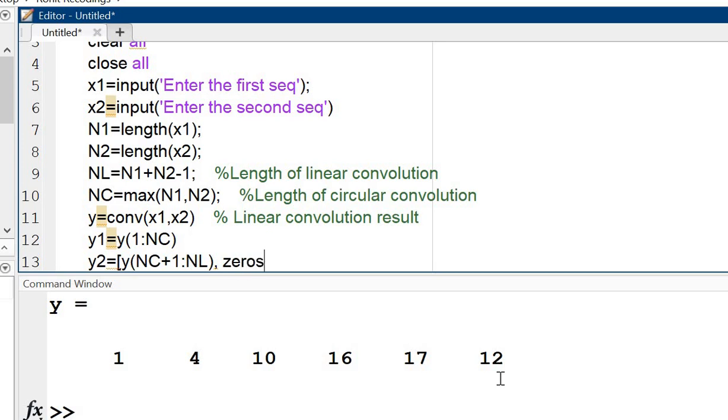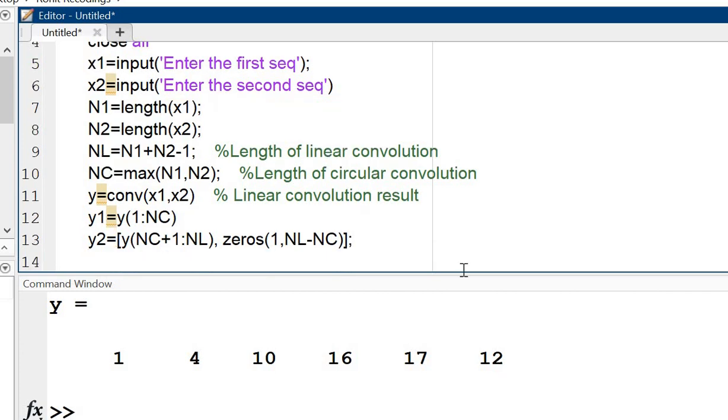Zeros, one, comma, if it is NL, take it minus NC. Okay, use square bracket here for closing. Then after that,